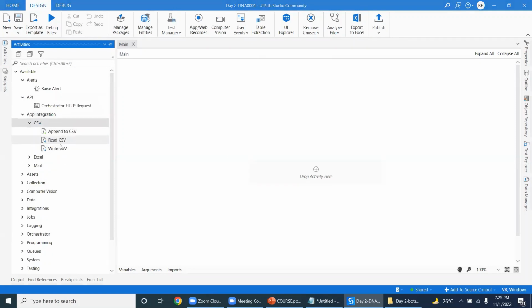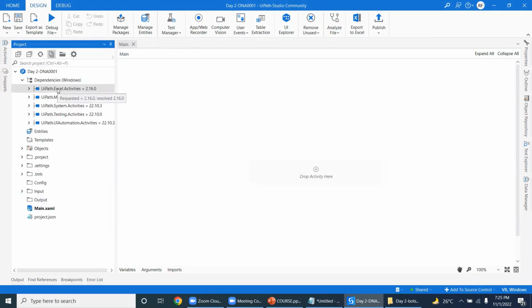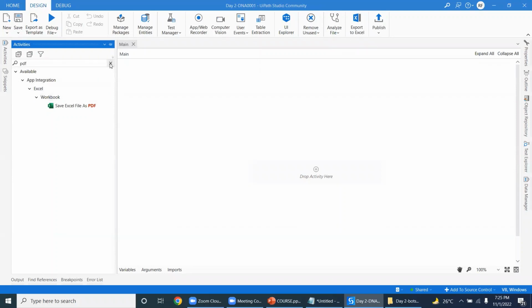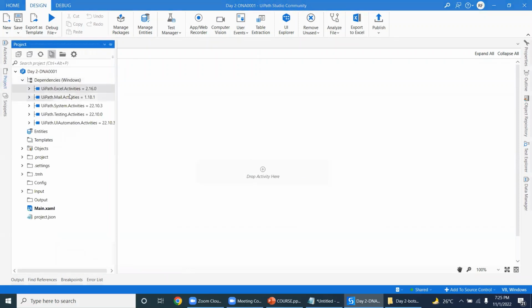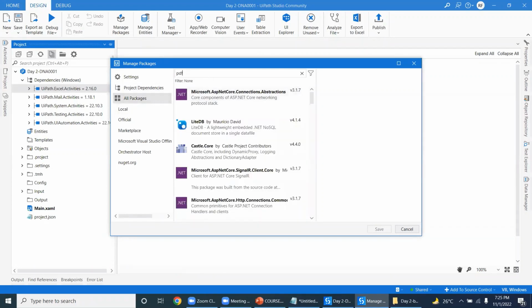While creating the automation, to interact with the CSV or Excel, these are all the activities. So from where are these activities coming? These are all coming from the namespaces. That is this dependency, UiPath.excel.activities. Got it. So normally, for example, the PDF activities are not there. If you want to install the PDF activities, right now just observe here in the project panel, we have 1, 2, 3, 4, 5 dependencies. If you click on these and go to all packages, just type PDF,